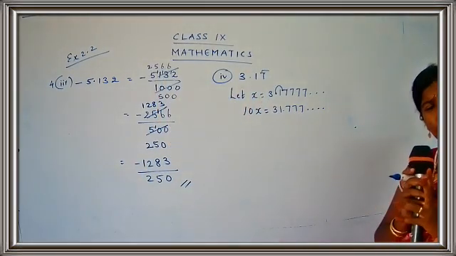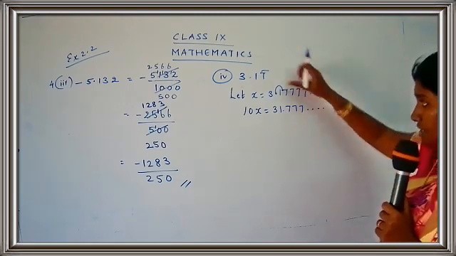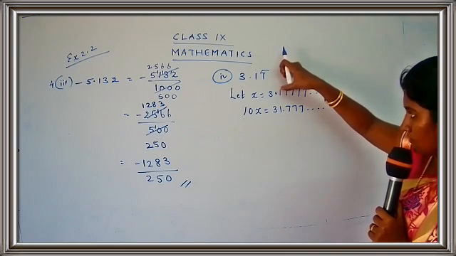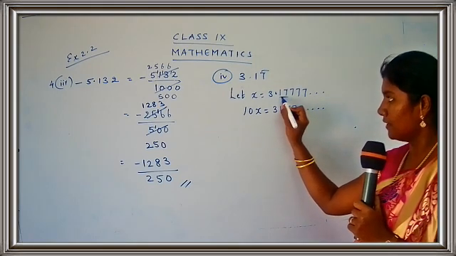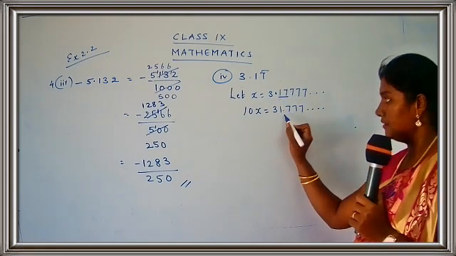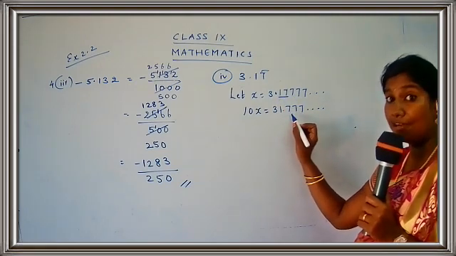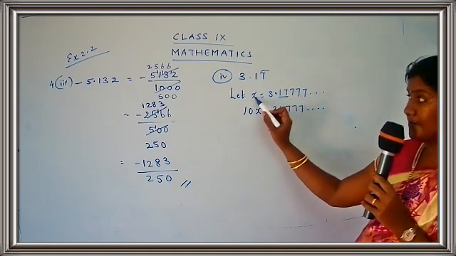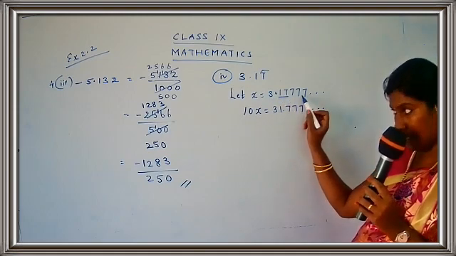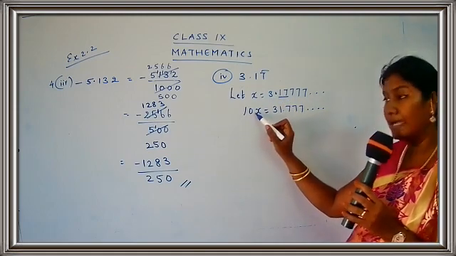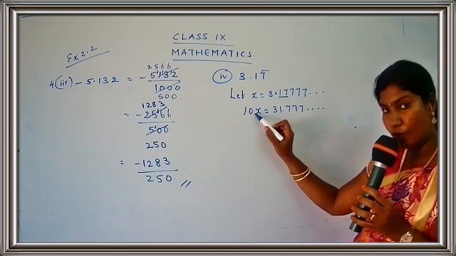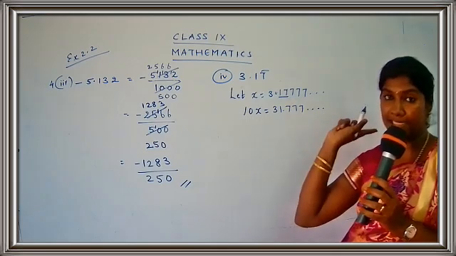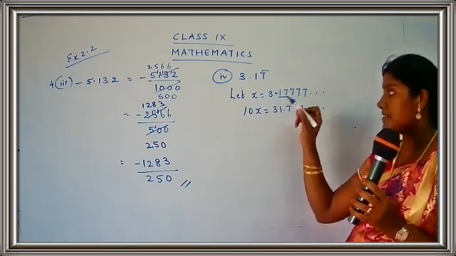Okay. Now, what am I going to do? Whether to stop or whether to continue with one more step. Now, children, just look here carefully. What is the number here? It's 17. Just look at the number after the decimal point. I hope you are listening to me, children. Listen to me carefully. So first step is x is equal to 3.1777. Now what have we done here? We have multiplied by 10. So when you multiply by 10, what happens? The decimal point shifts to the right side, by one place. So you get